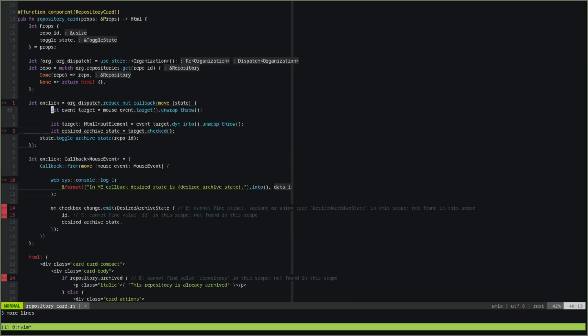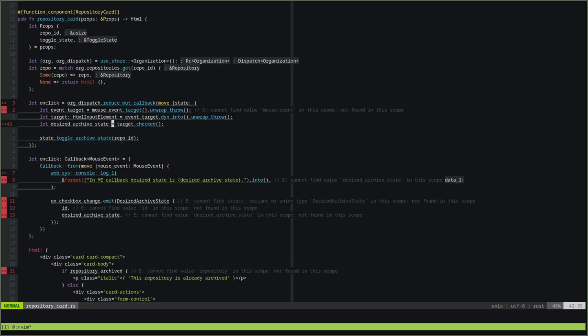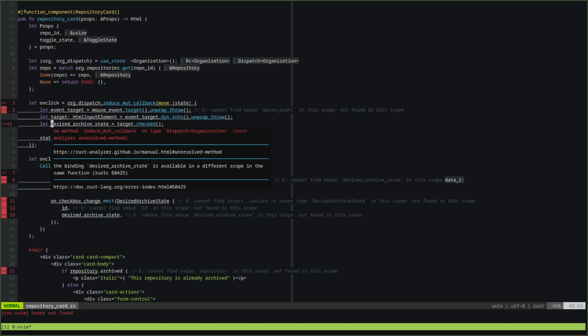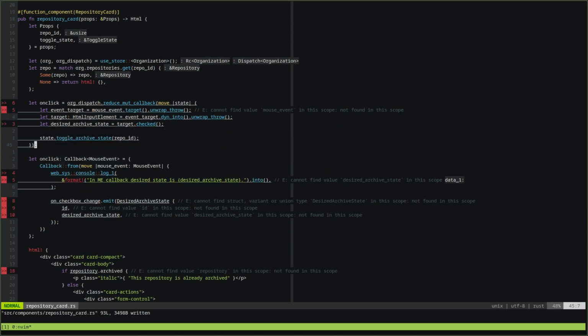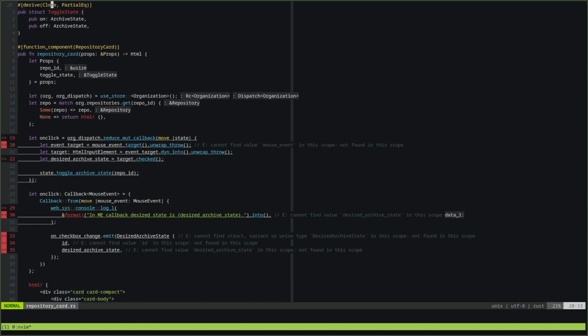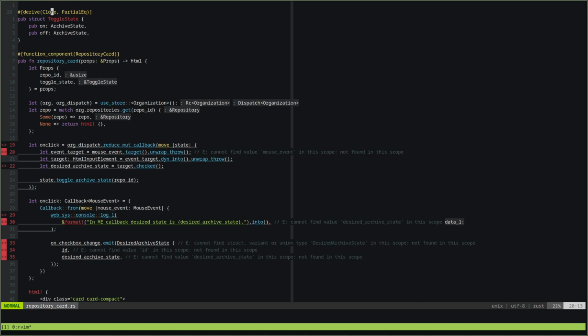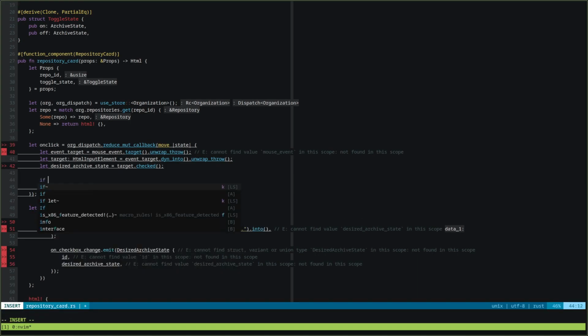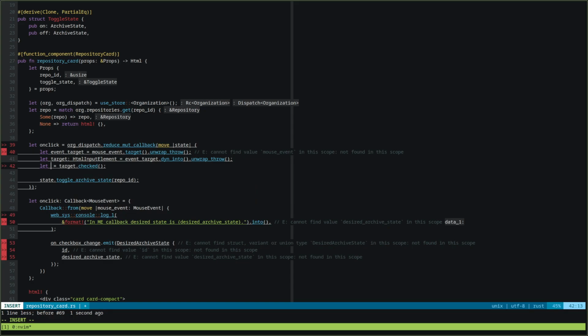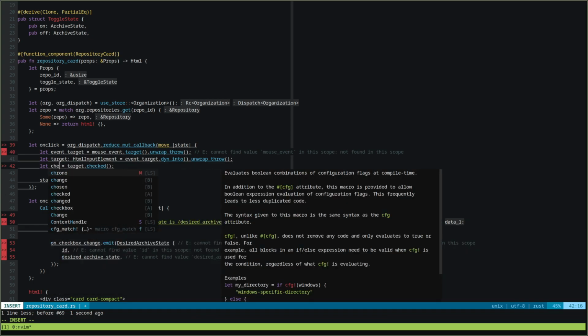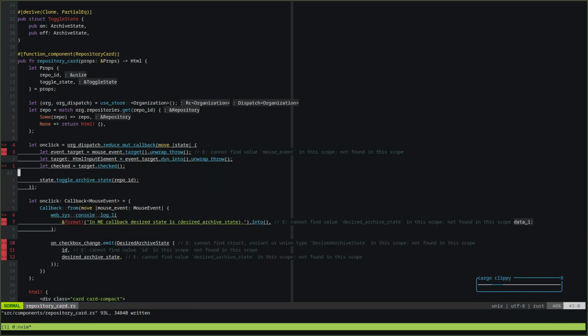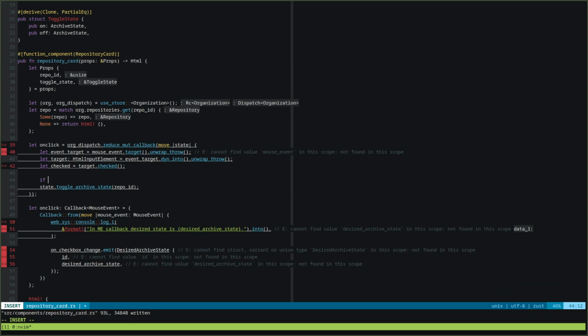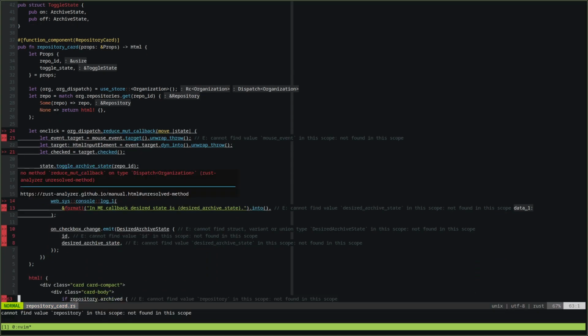We'll take this. Checked. This is a Boolean probably. So if, we'll just name this checked. If it's checked, but we also need to grab the